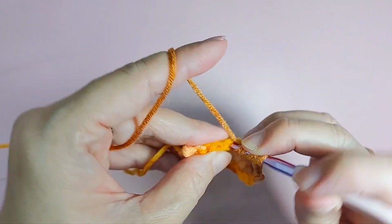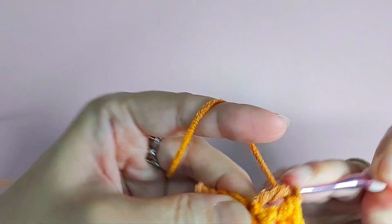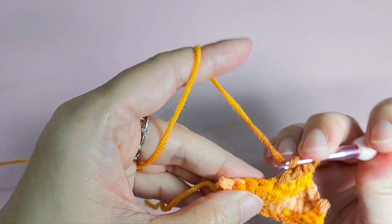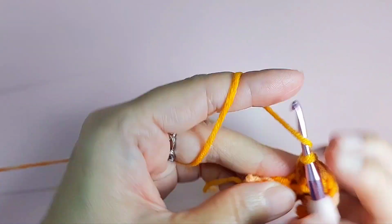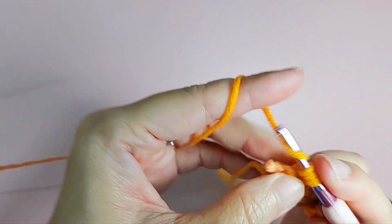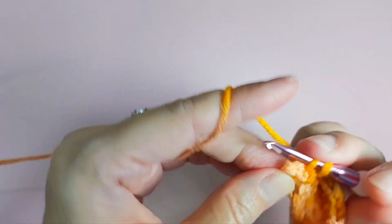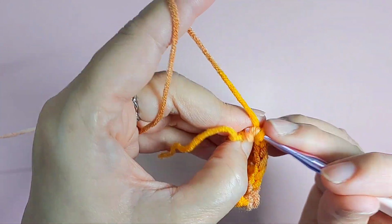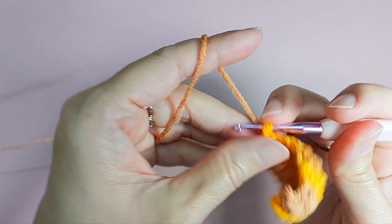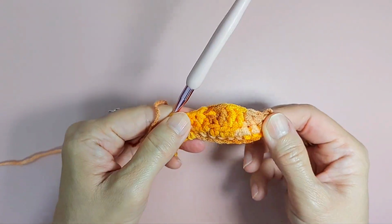Again another one in the next one, put through 2 by 2, and double crochet, half double crochet, single crochet, and a slip stitch. Oops, and a slip stitch, and the wings would look like this,